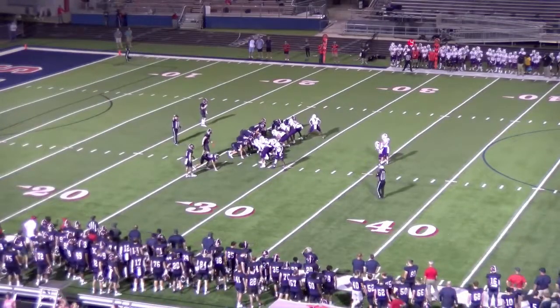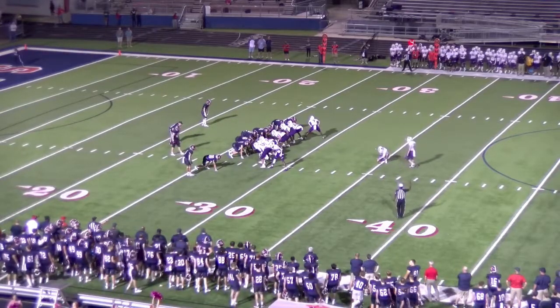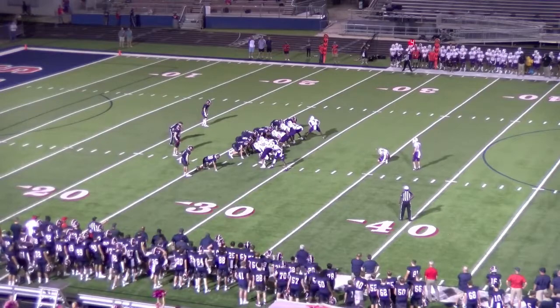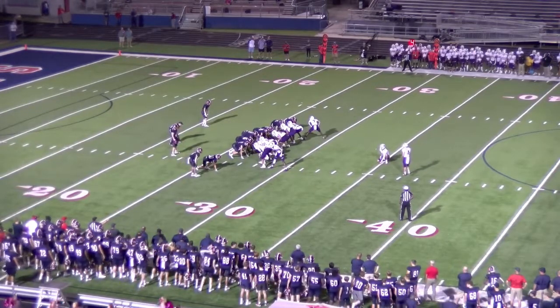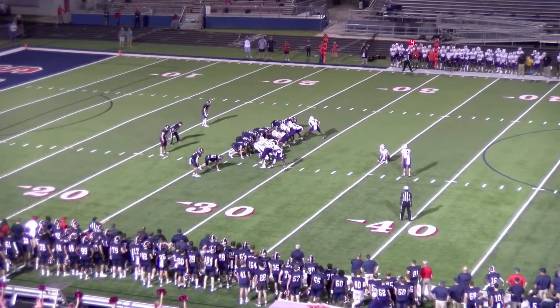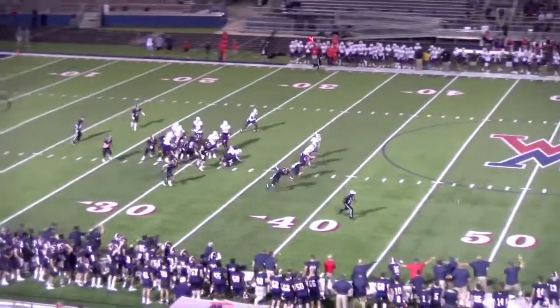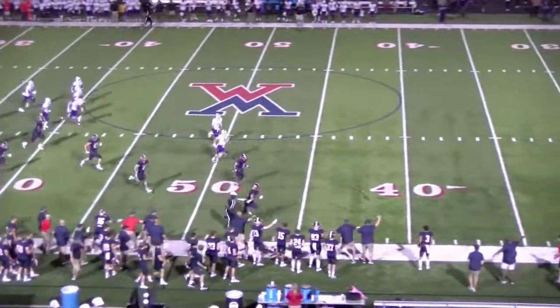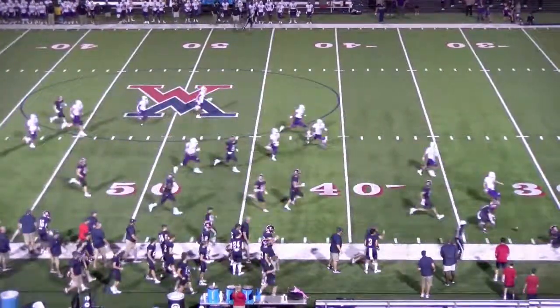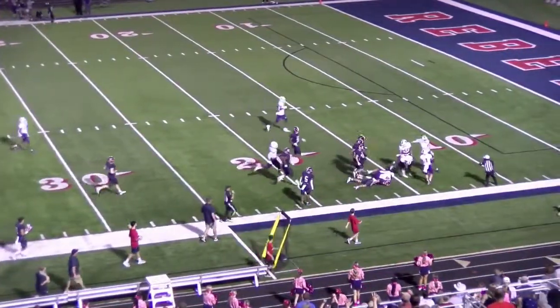And this is the blocked field goal by number 4, Jadis Richard. He had a big night for us, and he's going to come from the top of the screen. He's not only going to block it, but it's going to go down the field about 30 or 40 yards and give our offense a great field position. He tries to scoop it right there, and he can't get it, and then Javari tries to scoop it, and he can't get it, so we get it down there around